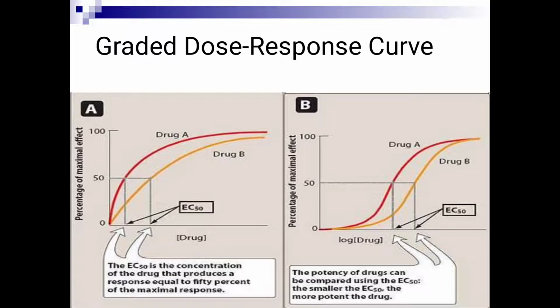The other advantage is that a wide range of doses can be plotted in the curve, because it is a log dose. So one advantage is that a wide range of drug doses can be plotted because of the log dose, and the other advantage is we can compare two drugs, agonist and antagonist, in between this 30 to 70% line. This is the advantage of the log dose response curve. This is a simple dose response curve. This is the log dose response curve.